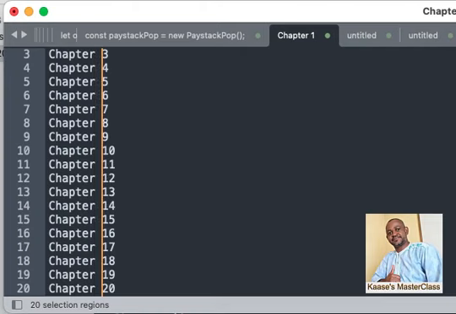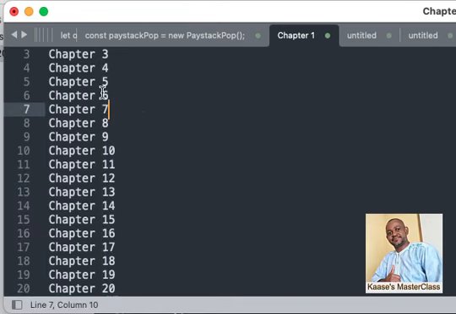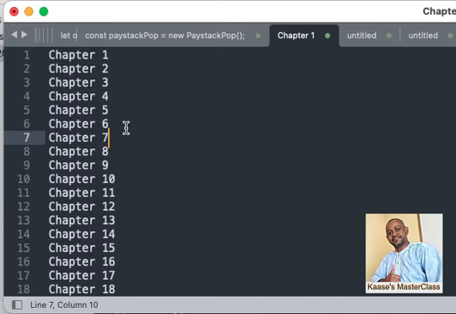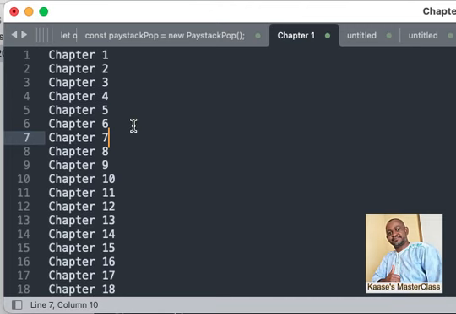I want chapters because I'm working on a book, or a Bible app, or something that has to do with chapters. So I have just typed in chapter, and everything came at once. Once you achieve that, you can press the Escape key, and you see that in less than a minute you have generated custom numbers or custom chapters